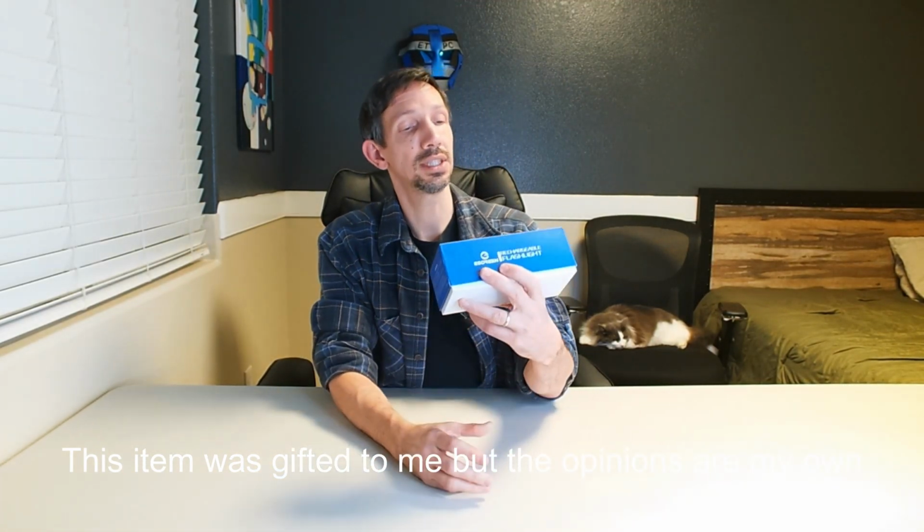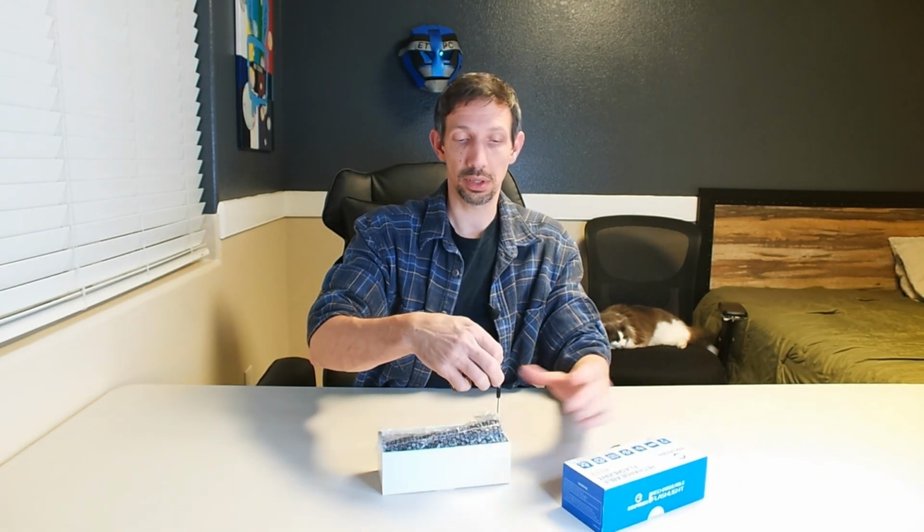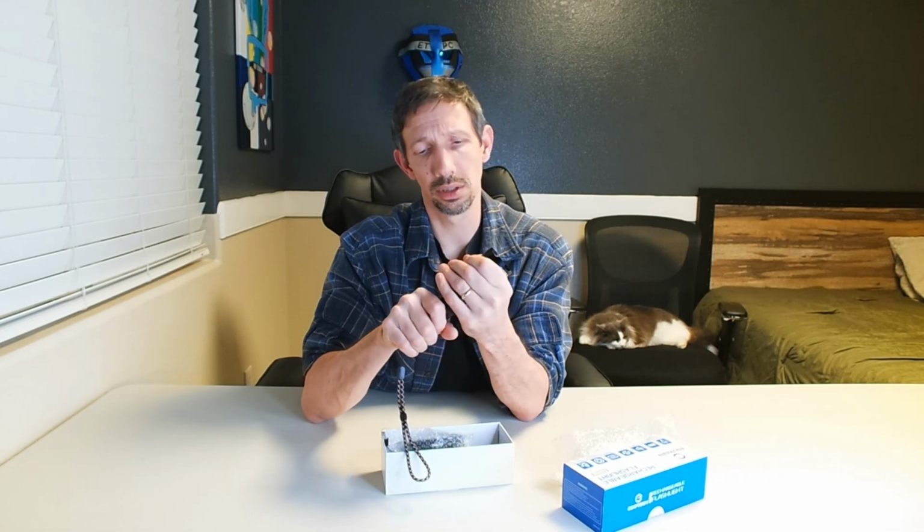I am checking out the ESGREEN rechargeable flashlight. Super bright, long lasting, 5 modes. Got a USB charging cord. Here is the flashlight right here. Looks pretty cool. Wow, look at that LED in there, and that is zoomable, so that's going to be pretty